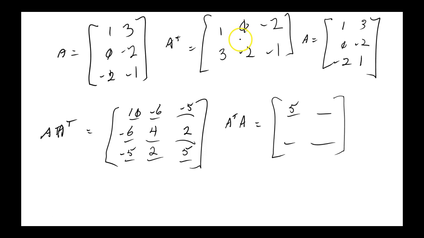Is it negative 1? No, I had written down a negative 1. Oh, I see. Wait, you may be right. It is a negative 1. I'm the one that blew it. Sorry about that. So let's do that entry again: 3 plus 2 is 5. Next entry, 3 plus 2 is 5. And the last entry is